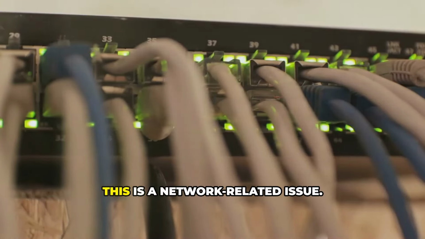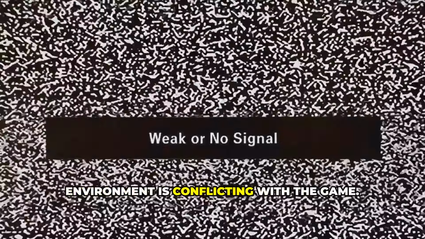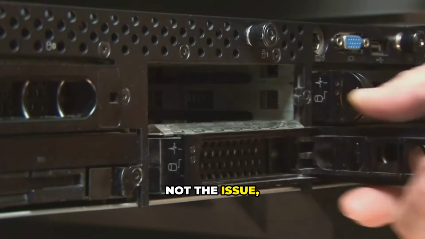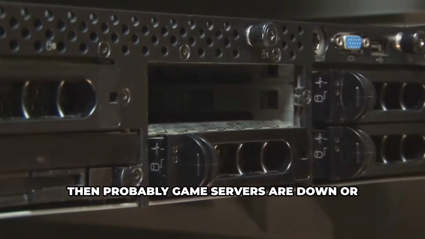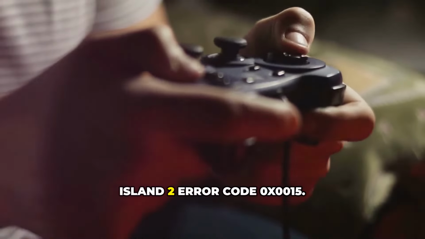According to our research, this is a network-related issue. It is possible that your network is not working or something in your network environment is conflicting with the game. In case you are sure that the network is not the issue, then probably game servers are down or facing some problem. Now let's talk about some fixes for the Dead Island 2